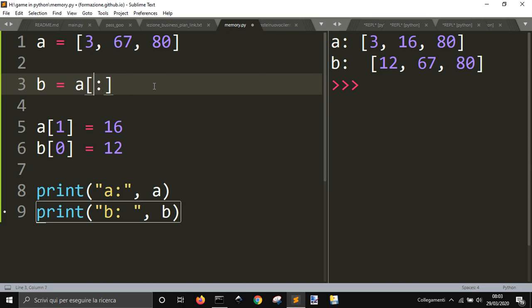What is this? This means from element 0 to the last element. It's not written, but if you don't write anything, it means from 0 to the last element. You can choose a piece, so from 3 to 80, and everything in the middle will be taken with this sign. Instead, if you want to take not everything but just these two elements,